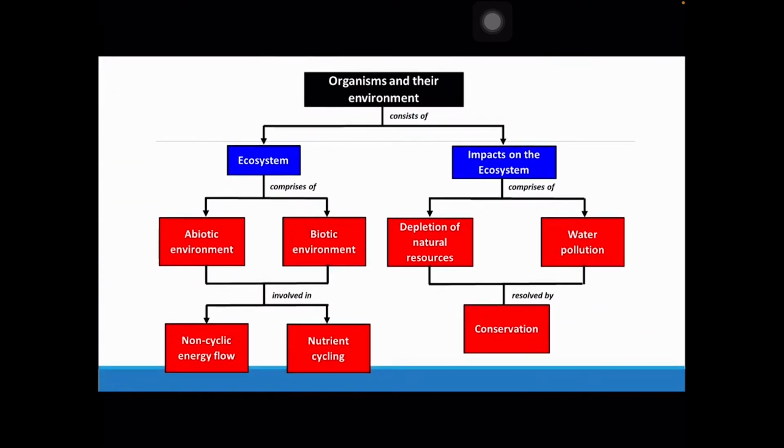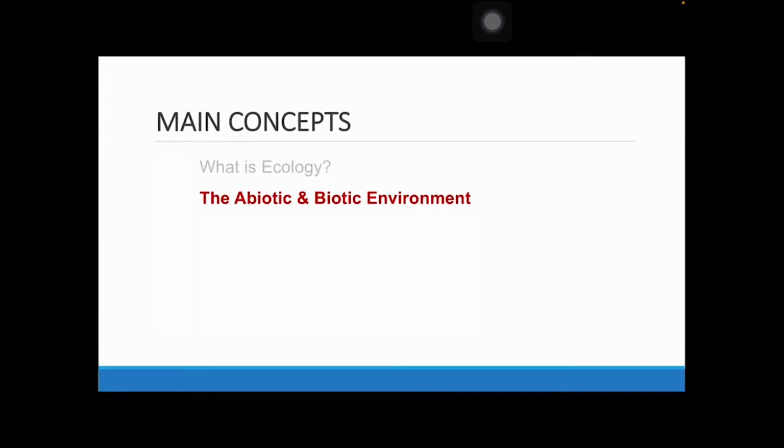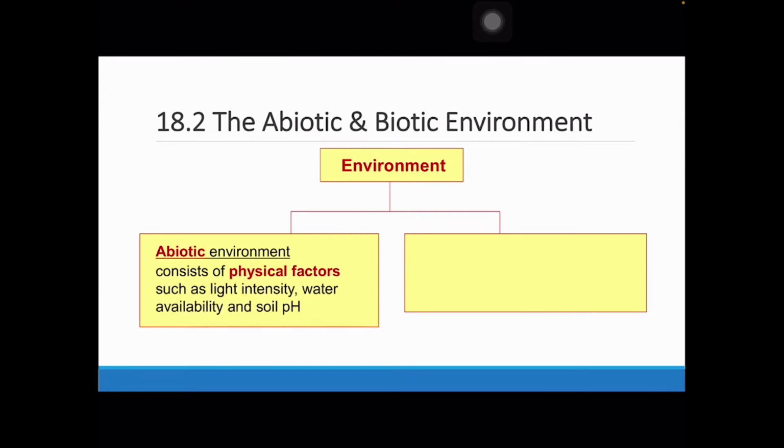So let's dive deeper in trying to understand the meaning of the abiotic as well as the biotic environment. As of now, there is still not much to copy down. It's mainly to introduce you to this chapter. Now, the abiotic environment refers to all the physical factors around an organism. That means it's not the living things. The biotic environment refers to all the living things that an organism interacts with.